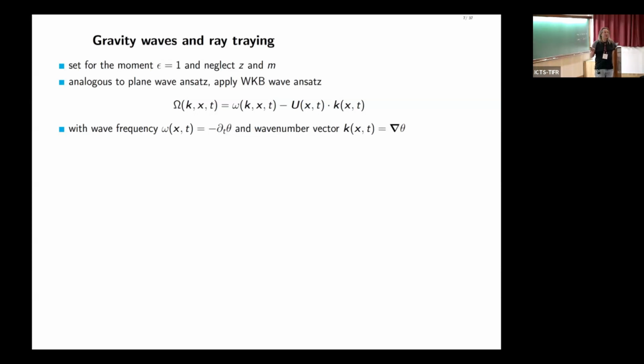gravity waves, but for all kinds of waves. Where you have a dispersion relation as a function of wave number, but also as a function of the local position and time. And the k also has a dependency on the position and time, and the u. And still we have the frequency as a function of this derivative of the phase and this wave number also. And if you ask now for the